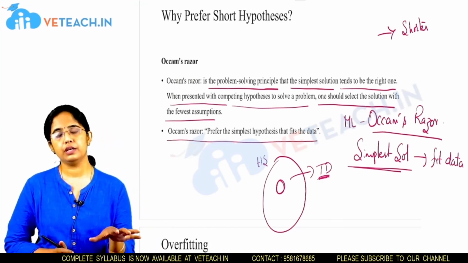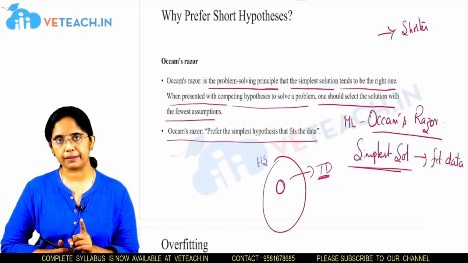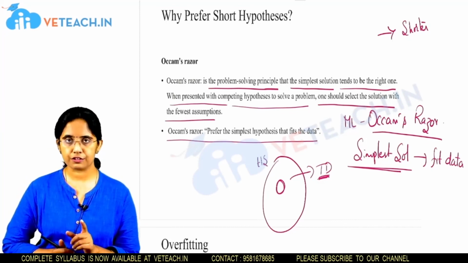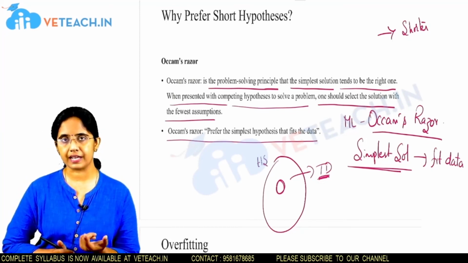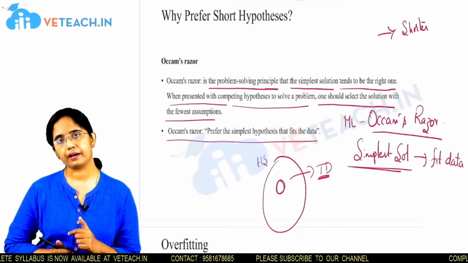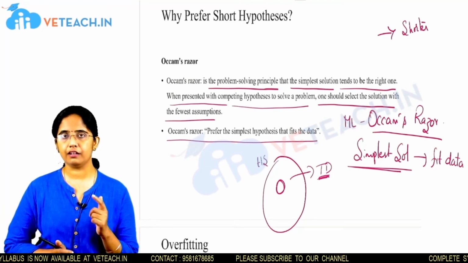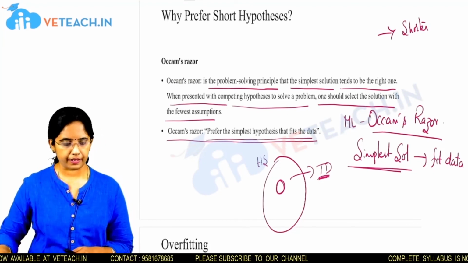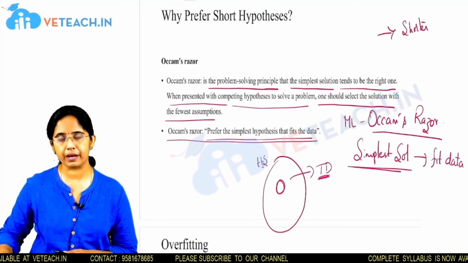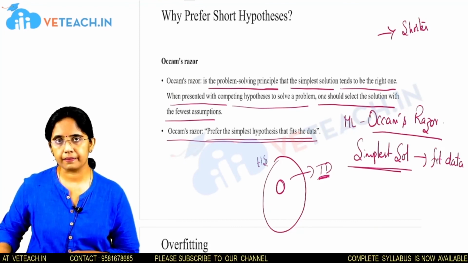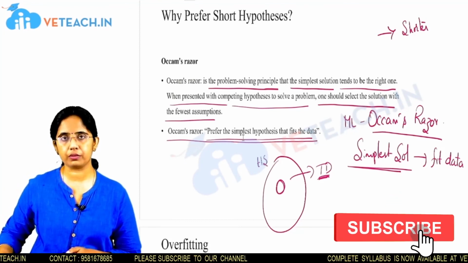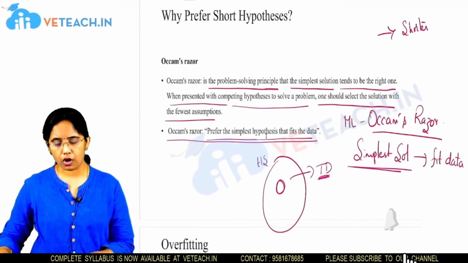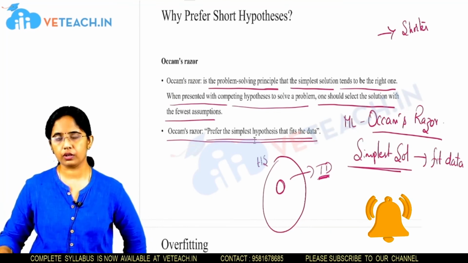So based on this principle itself, the first assumption that we consider for ID3 inductive bias is always selecting a shorter tree rather than a longer tree. So prefer the simplest hypothesis that fits your data. So this is about the inductive bias of your ID3 algorithm. Now in the next session, we will cover what is overfitting, and if the model is overfitted, what will happen, all that we will discuss.